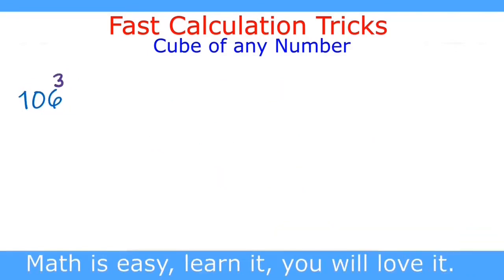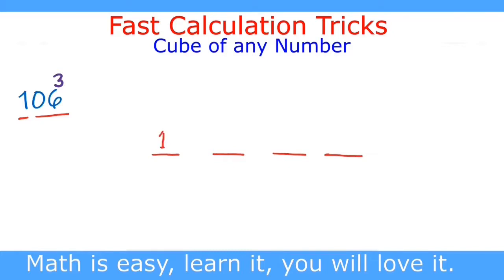1092727. Now we go to the next question, and the question is finding the cube of 106. So we split 106 into 1 and 06, and we make the 4 portions by writing the 4 lines. In the first portion we write the cube of first digit, which is 1. Cube of 1 is 1.